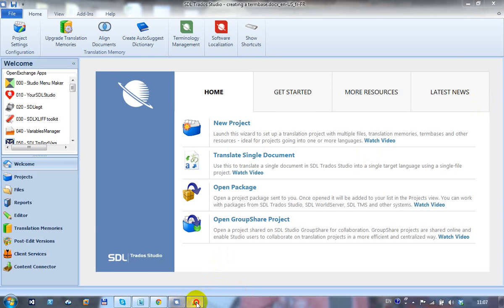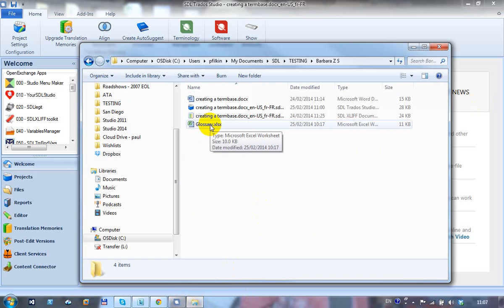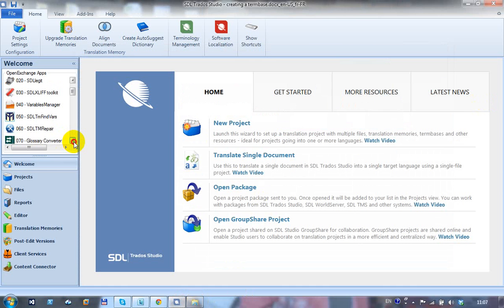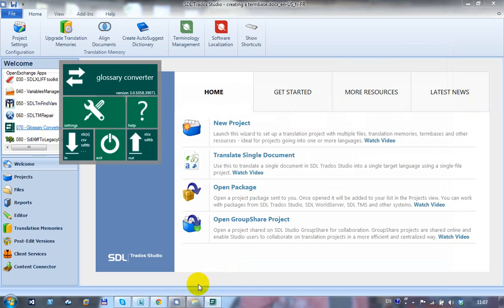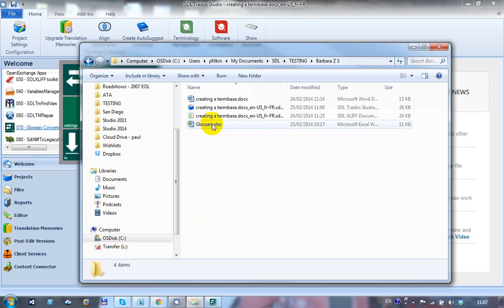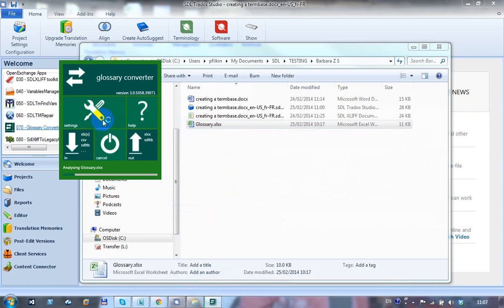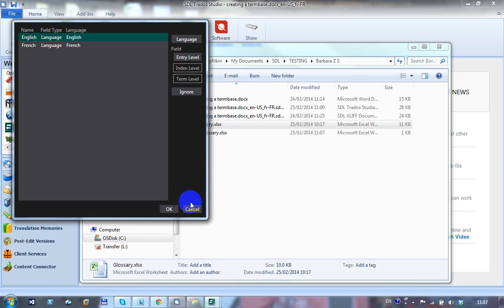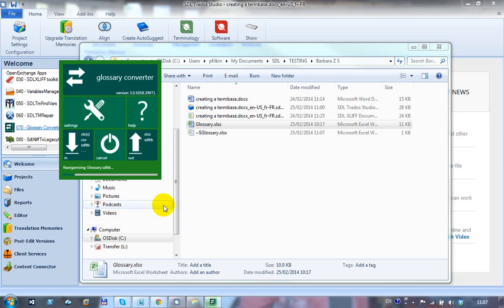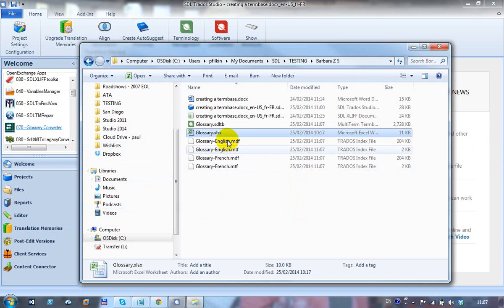So yesterday I showed a video where I took a spreadsheet like this and then created a glossary from it using the glossary converter. I went through a lot of details, but if I just do it very quickly so you can see what I did, because it's pretty straightforward really. I just take my Excel glossary, I add it into here, simple bilingual glossary, and exit. There's my